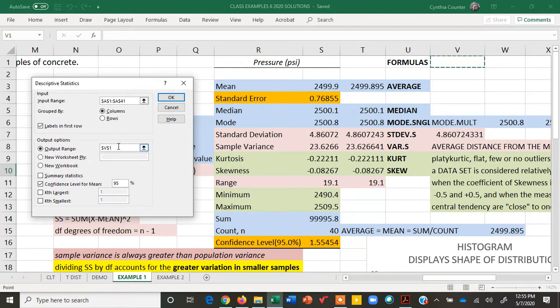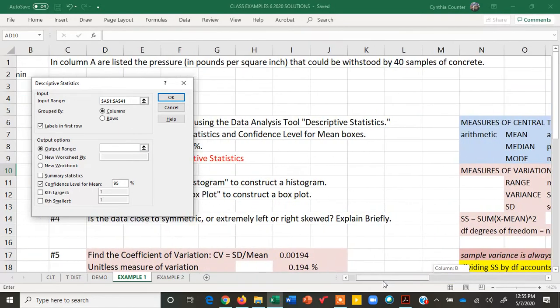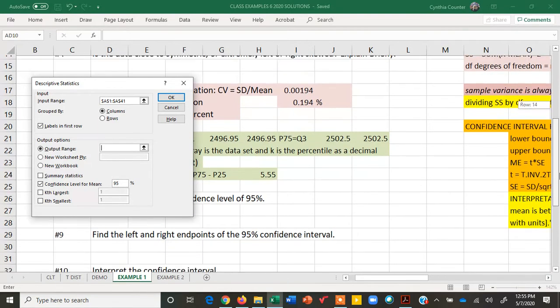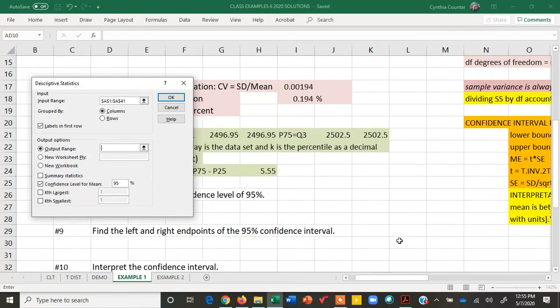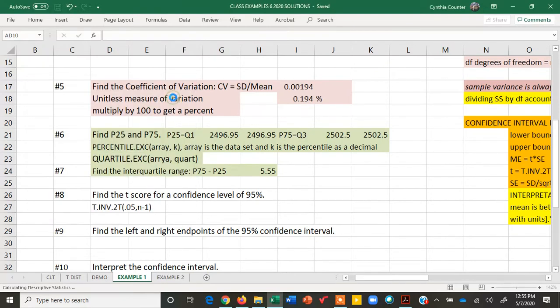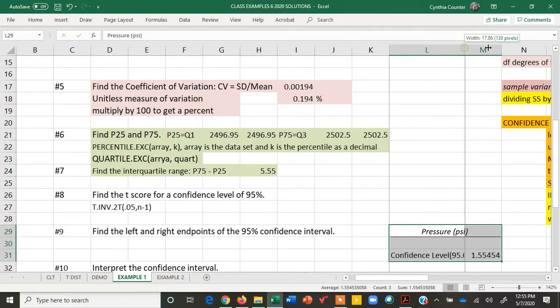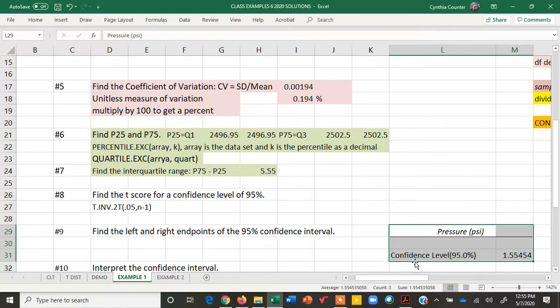I will have it put the output over here, so then I can discuss it when we do the confidence interval interpretation. Okay. And here's what you get. So if I widen this here, you see it says confidence level